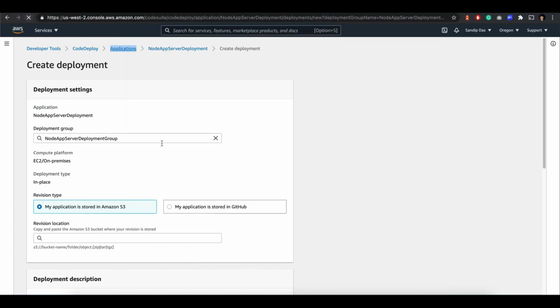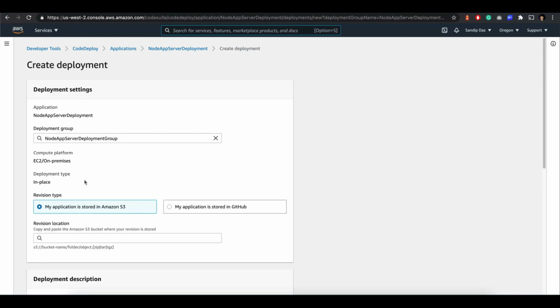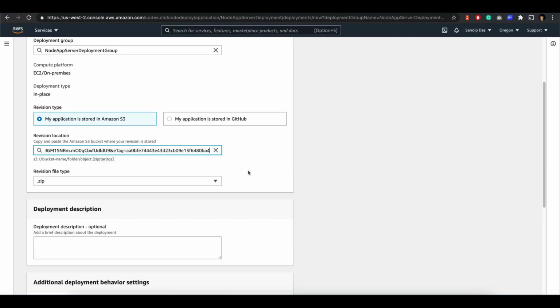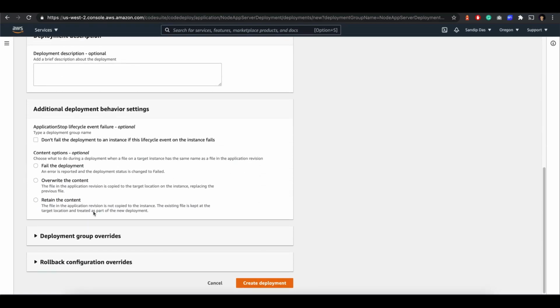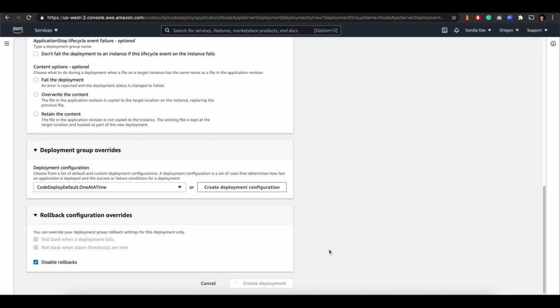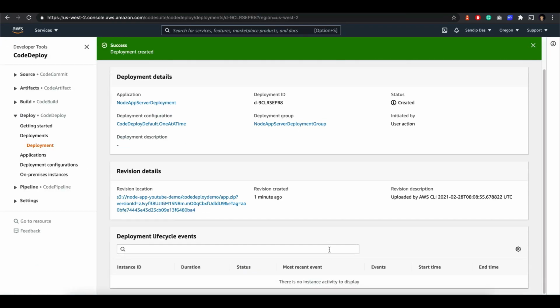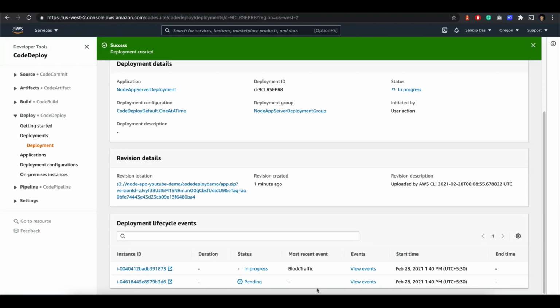Now it's done. So let's refresh the page, and we'll see it's pretty fast. And now we have our revision here. Zip, deployment description, no need, and we are pretty much done. All at once, rollback, no need, make a deployment. You'll see it will come here. As soon as the deployment is done, you will see that instead of version 1 it will show version 2. So let's do it.